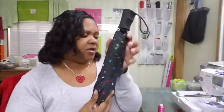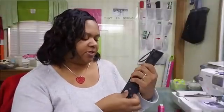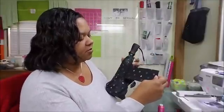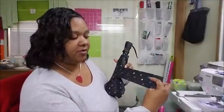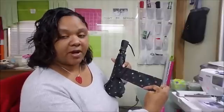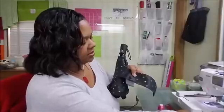Now your next step is to measure your strap. Now this is just a simple umbrella that I got from Walmart. I thought it was pretty cute, and it's an automatic umbrella, so all I had to do was press the button and it opens up, and press the button and it closes. So I take the strap, and what I want to find out is, first of all, the space from the top of the strap to the bottom of the strap. We want to measure that. So when I measure this,